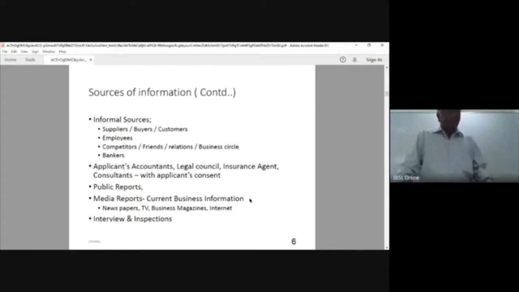Then there can be public reports, media reports, current information, newspapers, TV, business magazines,